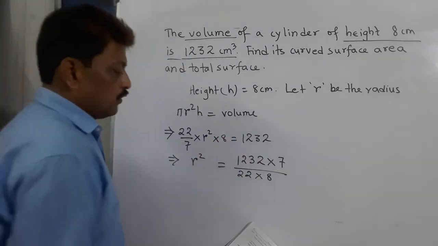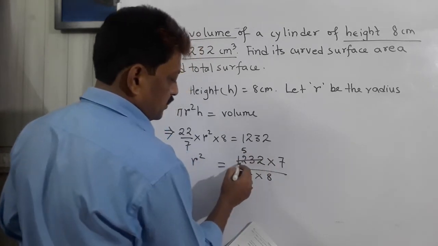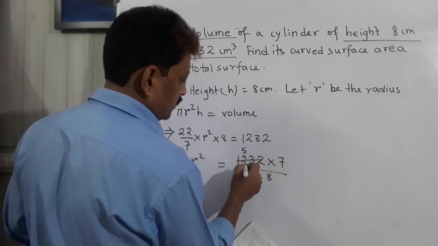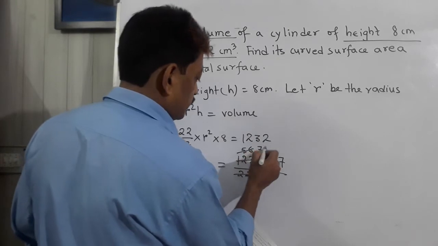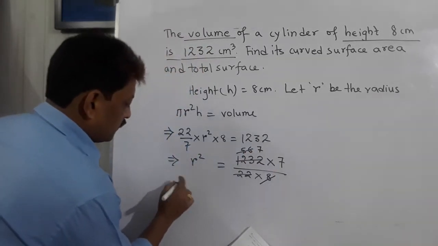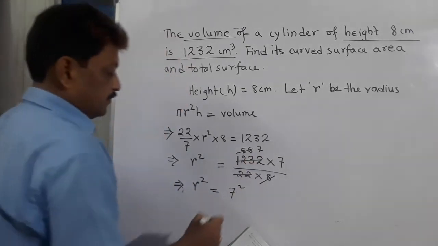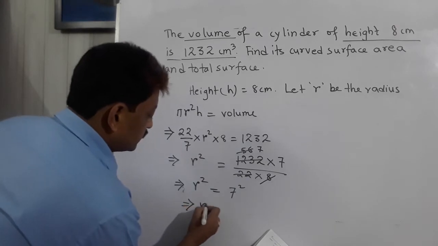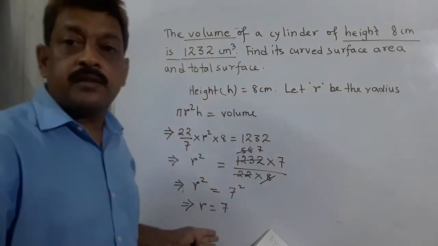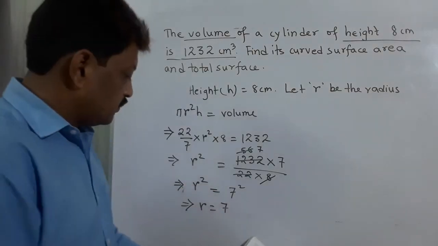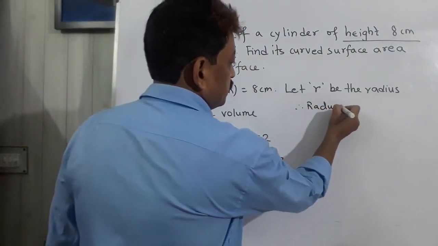Okay, so first of all, this is by 5, it gives 110, then 1 2 1 3 2, that is 6, 56, then 8 cut 56 is 7. So here r square is equals to 7 into 7, 7 square. Therefore we can say that radius is equals to 7 centimeter. We cannot take the radius as negative, so only the positive value I am taking. So radius is 7. Therefore radius equals to 7 centimeter.